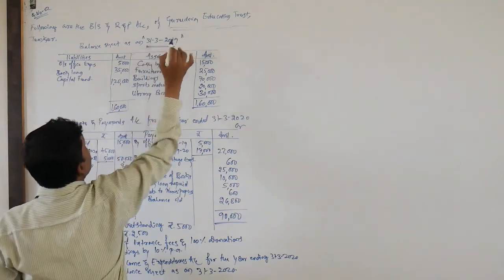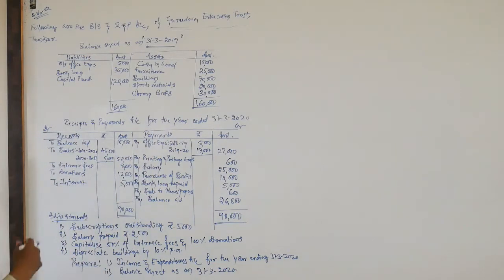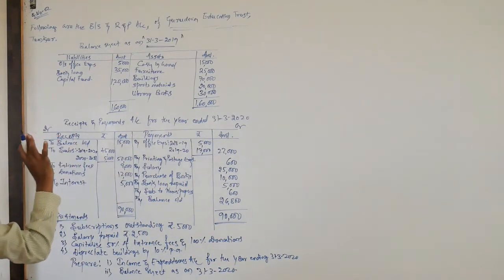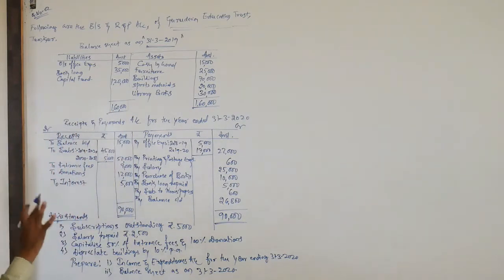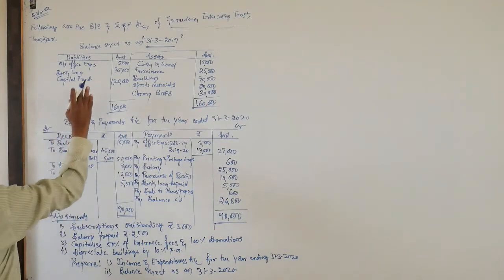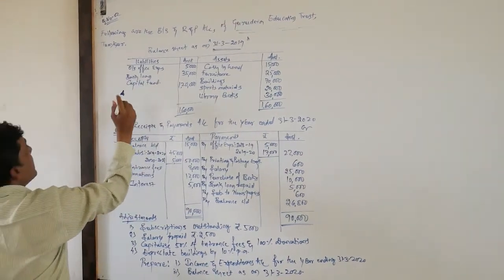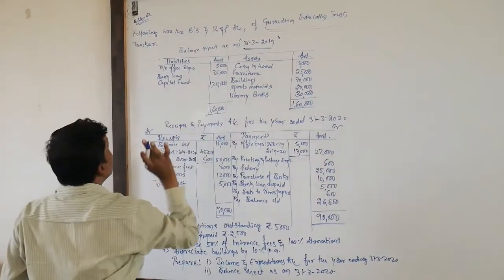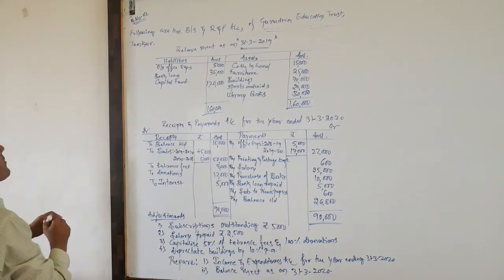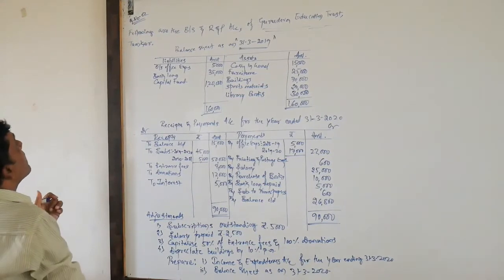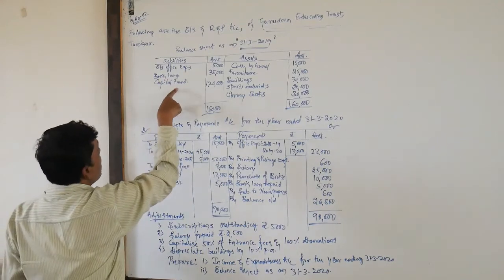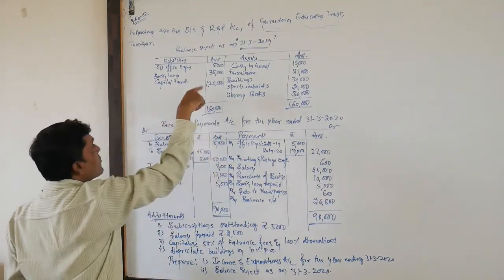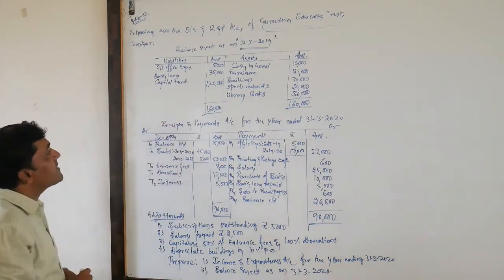It does mean that this balance sheet belongs to the last year's closing balance sheet. The date 31st March 2019 is the last year's closing balance sheet, which means it is the opening balance sheet of the current year. Look at the balance sheet on the liability side. Outstanding office expenses 5,000, bank loan 35,000. I hope you all are observing the image. They have provided capital fund 1,20,000. The total of the liabilities is 1,60,000.